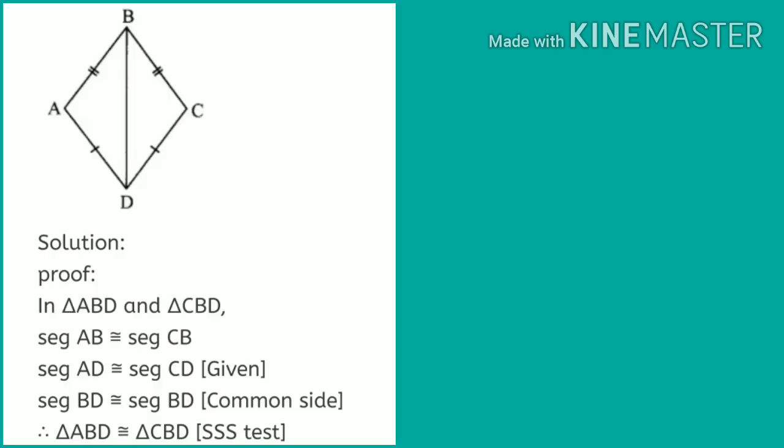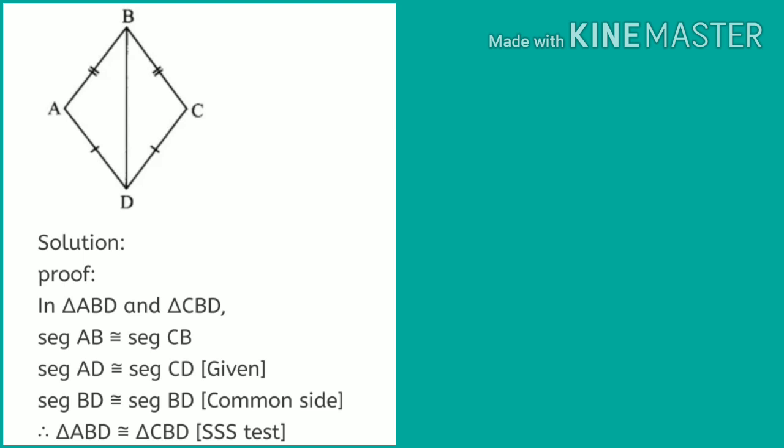First of all, write the name of the two triangles which you have to prove congruent. It's given in the question. So let's start your proof. The two triangles here are triangle ABD and triangle CBD; as the name is given in the question, write it from the question. So in triangle ABD and triangle CBD, now observe the figure. Segment AB is given to you congruent to segment CB by identical mark, and segment AD is congruent to segment CD, also given by identical mark, and segment BD is congruent to segment BD.